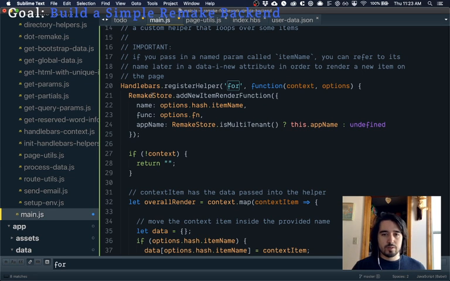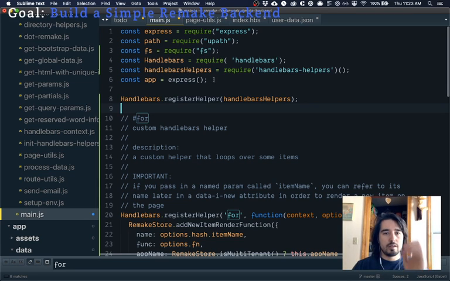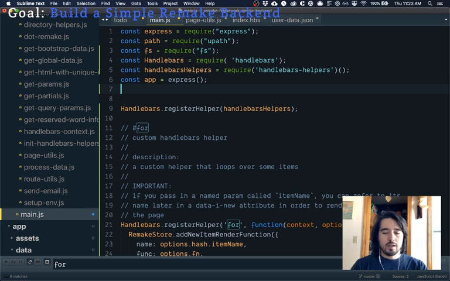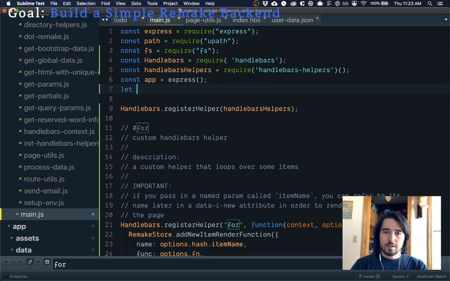But we don't have a remake store now. So what I'm going to do instead is have, I don't think it matters if I do const or let here, because I think const doesn't really work with objects, but I'll just do let to make it clear that this is modifiable. So we're going to do template cache